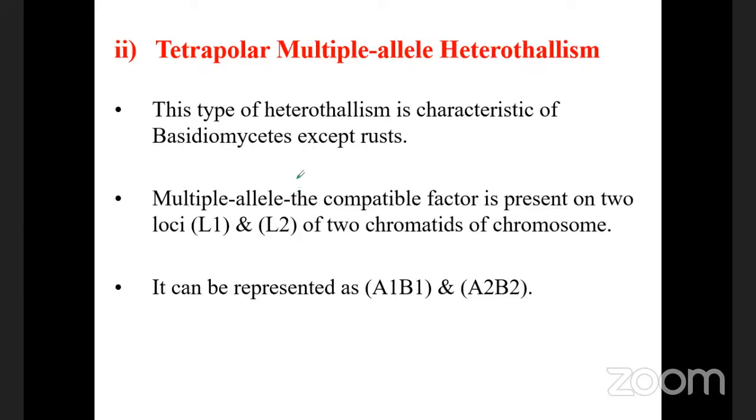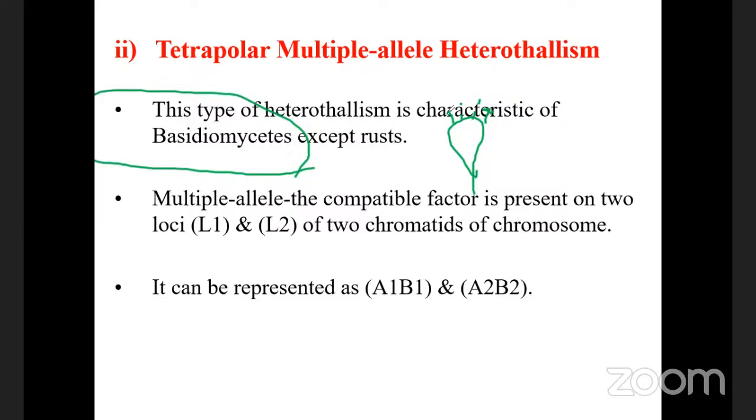This is there in the Basidiomycetes fungi. In the Basidiomycetes fungi, in the basidium, you might have seen the 4 sterigmata are formed. 4 basidiospores are formed because of 4 different genetic matters which are present in the same locus. That's why 4 basidiospores are formed. You know, this is in the holobasidium, not in the phragmobasidium.